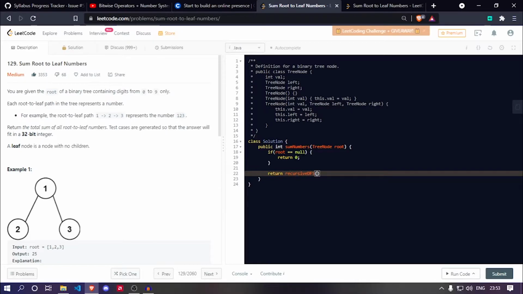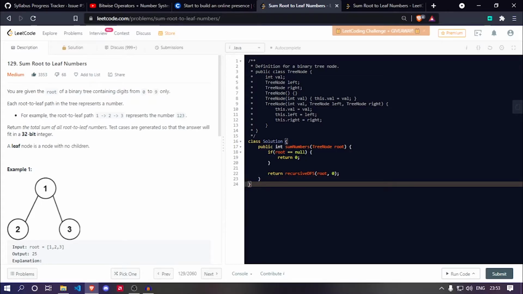In the recursive DFS, we pass the root as the tree node and the current value as 0. I will explain why we are passing 0, don't worry.